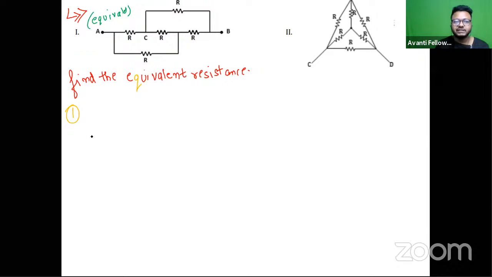Once we see this circuit, we have to find the equivalent resistance between A and B. When you see the points A and B, this is your A and this is your B, right? How can you find the equivalent resistance? Simply draw A over here, okay? Then draw, then when you go and go,